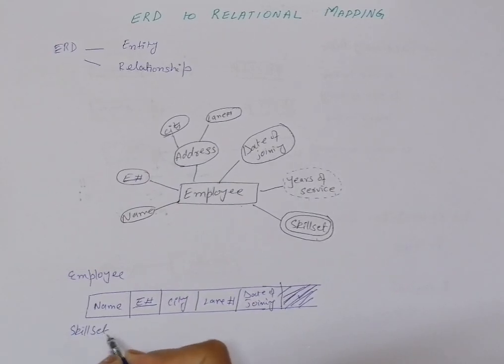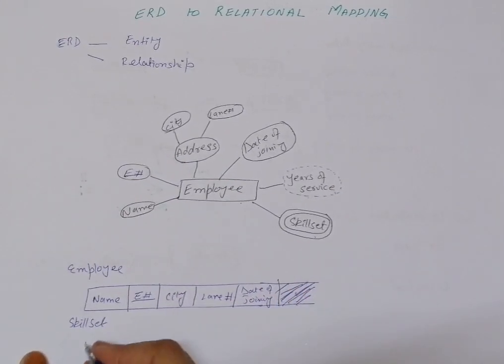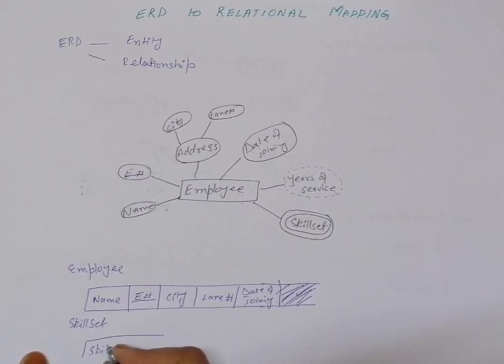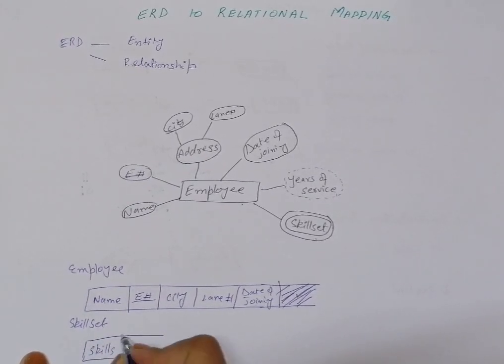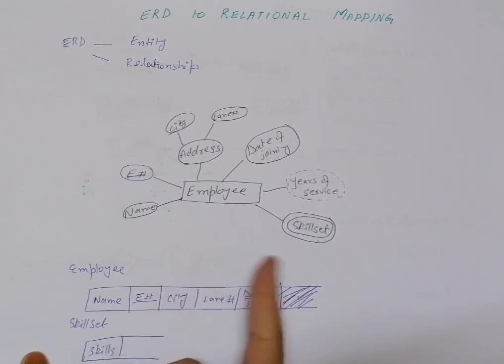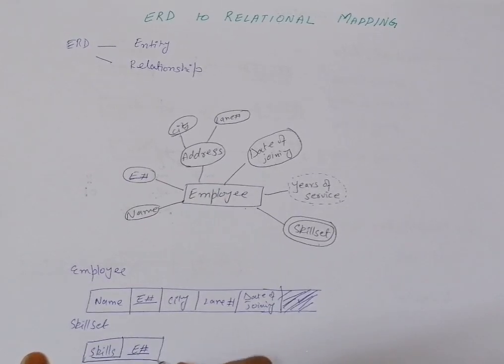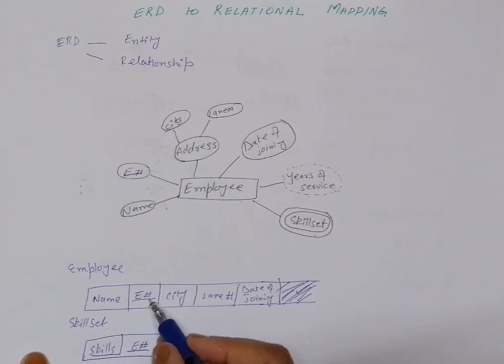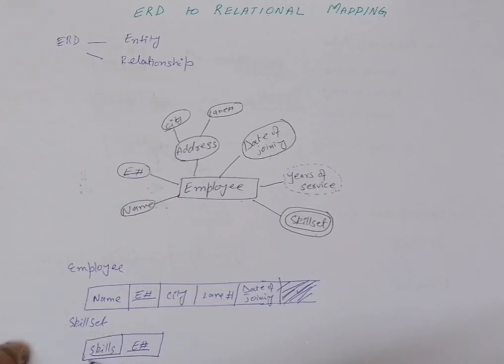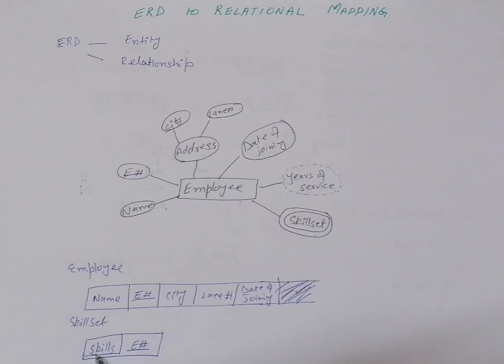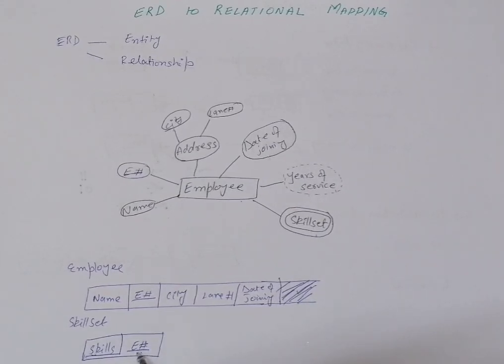And in skill set, we basically write this multi-valued attribute as skill set skills. Since we have to associate these skills with the employee, we will write the employee unique identifier as well. So this key is also the primary key of the employee, and this is also part of the primary key of skill set. But in skill set, we have made skills also a primary key along with the employee number. In other words, employee number and skills, both attributes combine together to form the primary key of this second table, skill set.